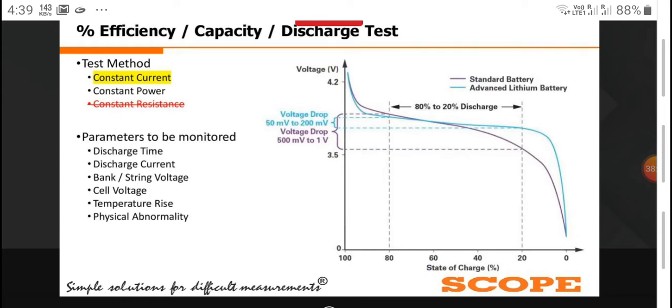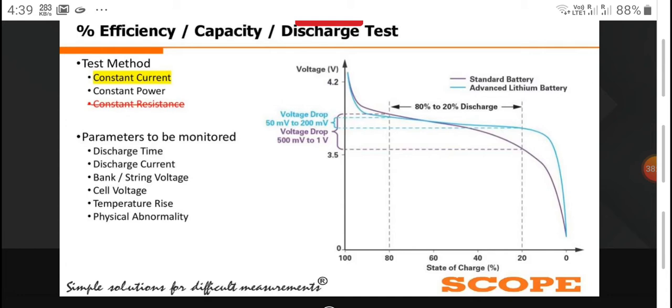So what are the parameters to be monitored during the discharge test? One is the discharge time, the discharge current, the battery bank or the string voltage, and each individual cell voltage. We also need to check the temperature rise, and whether any physical abnormalities are happening during the discharge